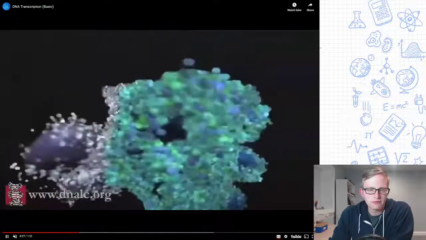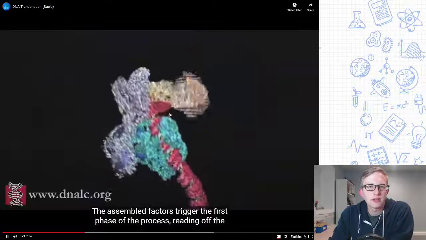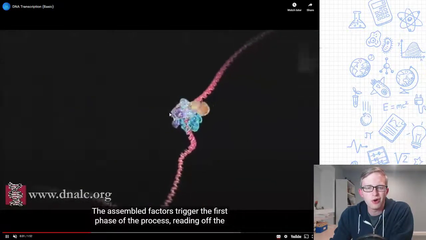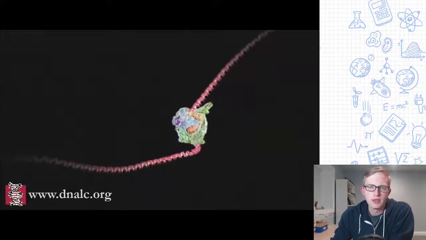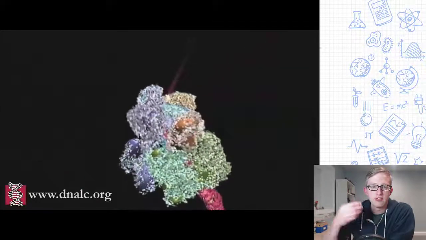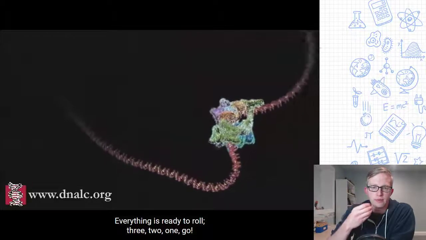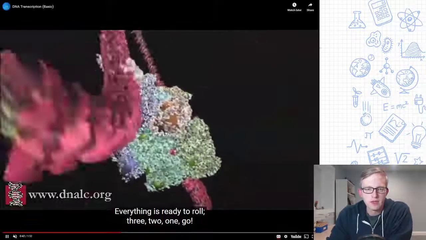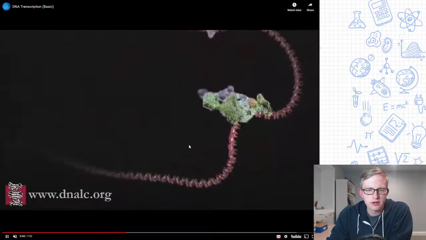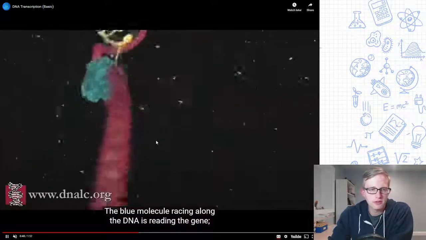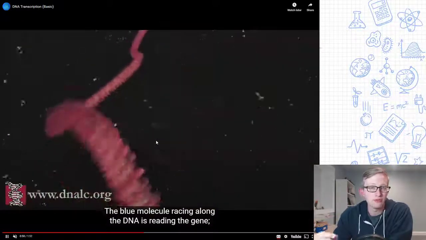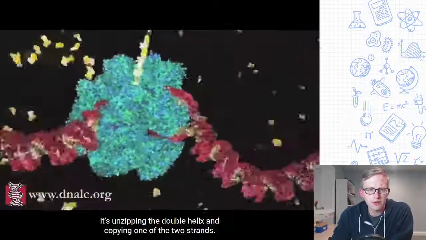Now, a few things come flying around here. These are different proteins that control the process. You don't always want to be turning DNA into RNA. You want to be able to control, so like when you need amylase, you can turn the DNA that codes for amylase into RNA. So watch as this starts, and you're going to see this little guy go zooming along the DNA. And this is an approximation of real time. It's very, very quick because it's so microscopic.